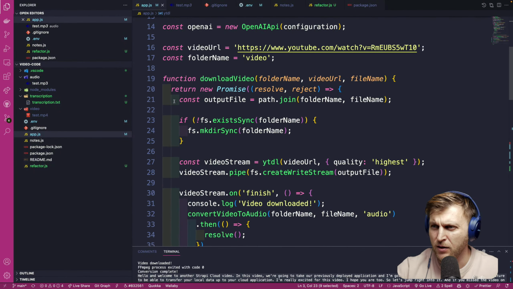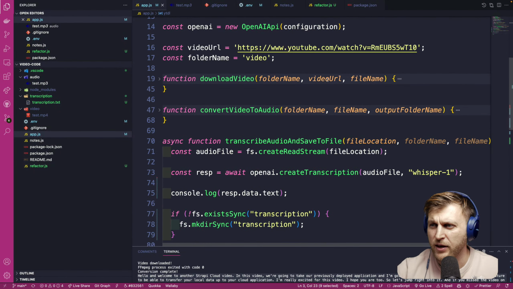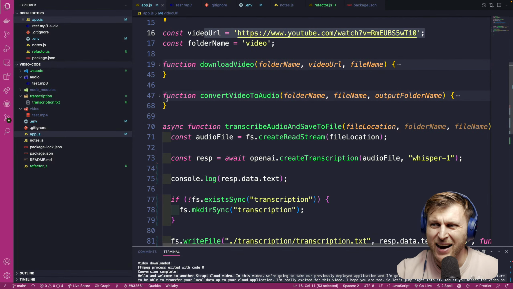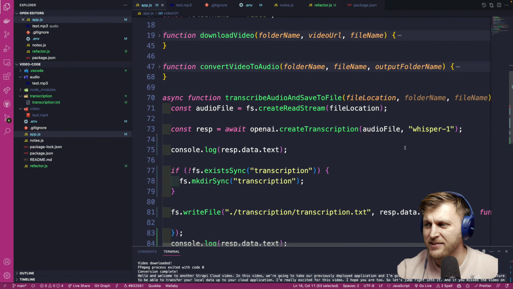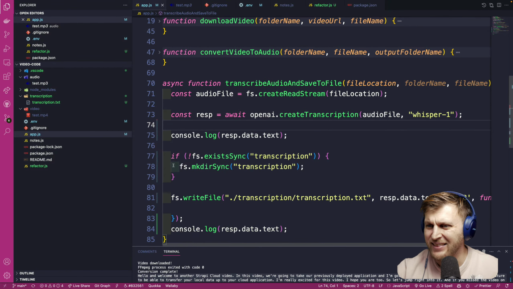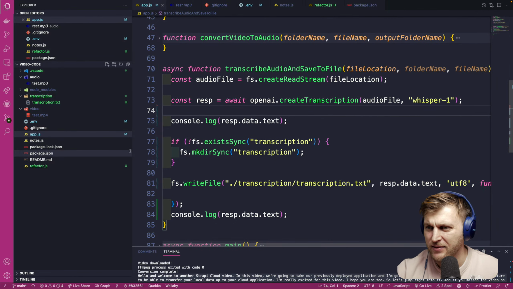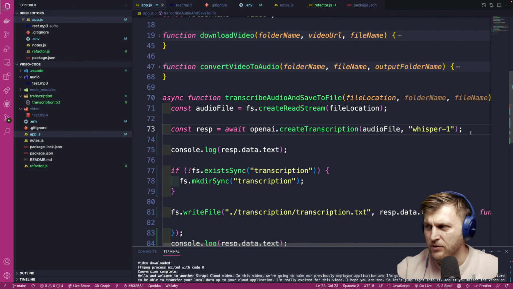So again, to reiterate, what am I doing? I'm downloading video from YouTube based on a URL. I'm converting that video to audio because I want to transcribe it to text. To transcribe the audio to text, I'm using ChatGPT's transcription service with their Whisper model. And once I get the response back, we're saving it to file. But right now, what we want to do is